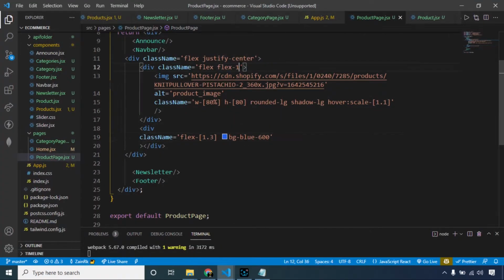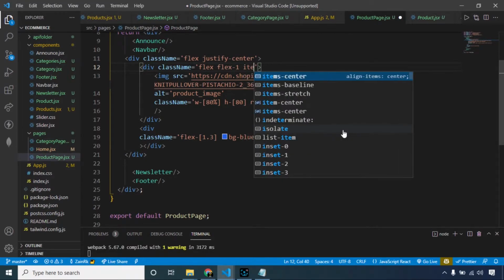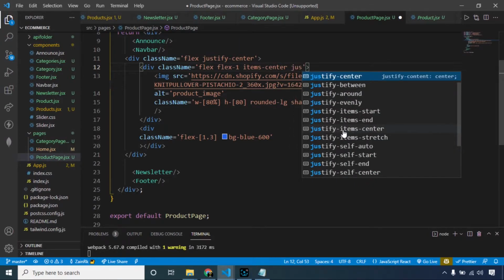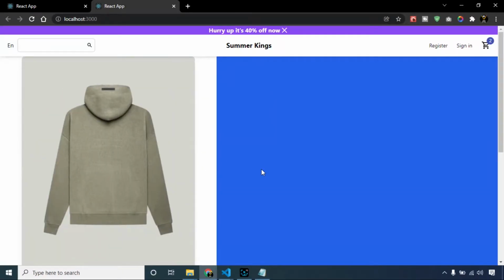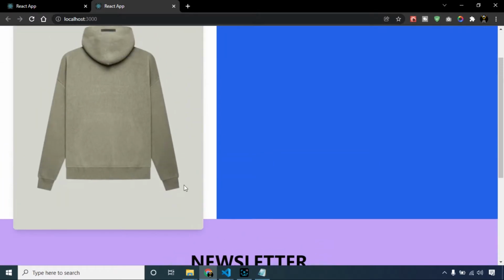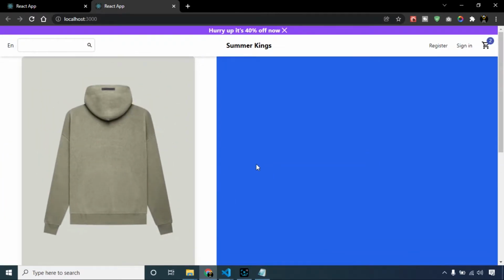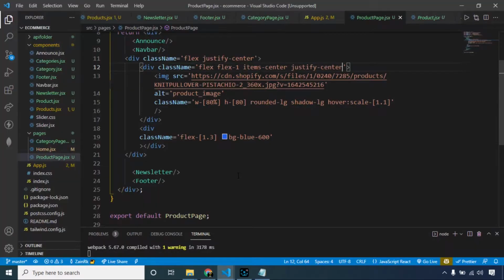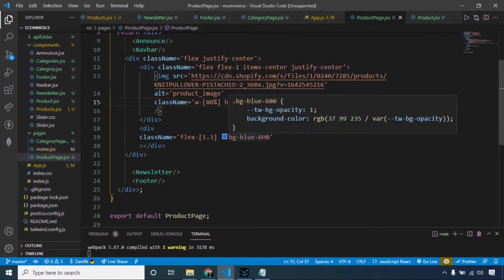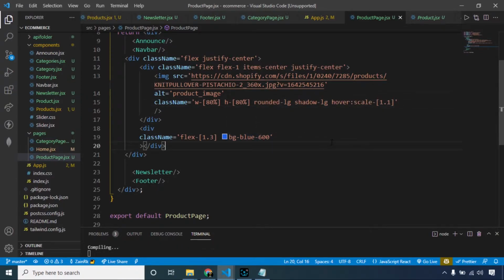To fix this, I am saying the parent div of our image should be align items center and justify center. Okay, now it is in the correct position, but its height and width are still too much. So here I should make it 80% like this.